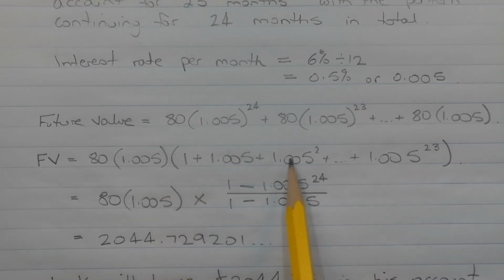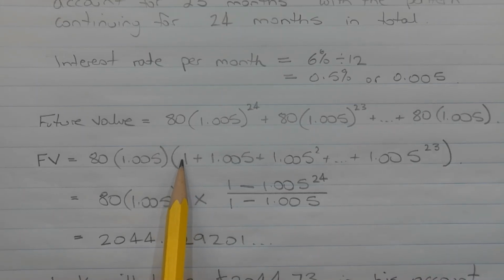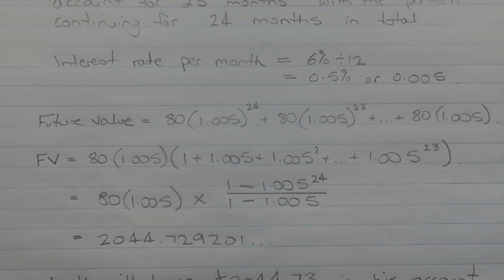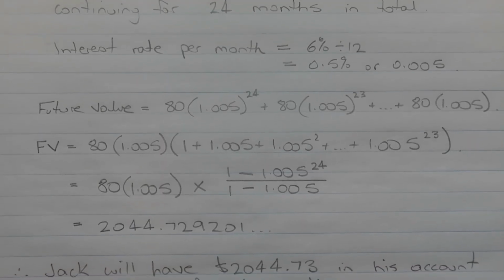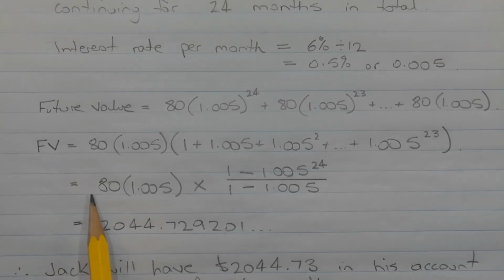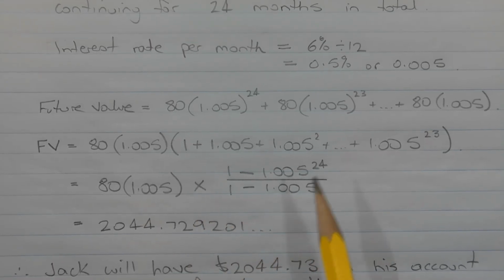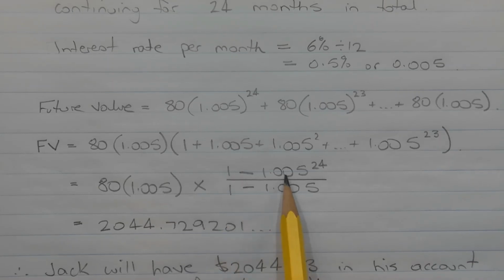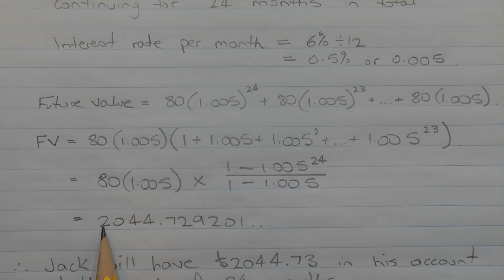Now what we have here in the last bracket is a geometric series. First term A is 1 and a common ratio of 1.005. That's the R variable in the sum of a geometric progression formula. So future value is equal to 80 times 1.005 times 1 minus 1.005 to the power of 24, since there are still 24 terms in this series, over 1 minus 1.005. So that's the formula A times 1 minus R to the power of N over 1 minus R. And that evaluates to